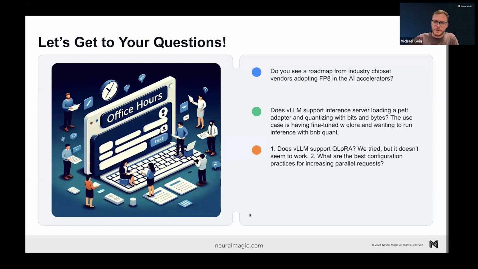Like prefix caching can't be used with FlashInfer currently, or prefix caching or chunked prefill doesn't work with the FP8 KV cache. So there's definitely a lot of things here where you run into clashing feature compatibility. Part of this is because we want to get these things to work. It's just there's a lot of things to get working together. So some of these things will get better compatibility over time, but I think definitely to start with,